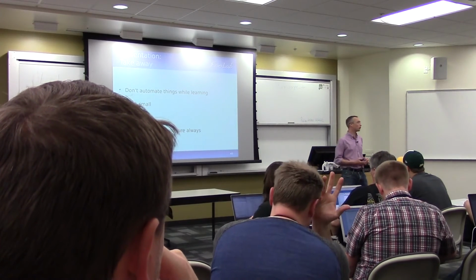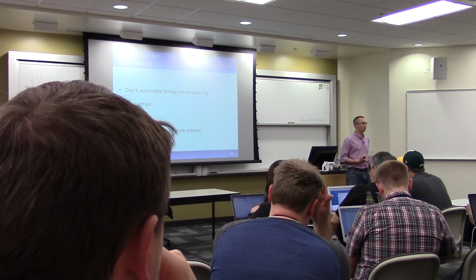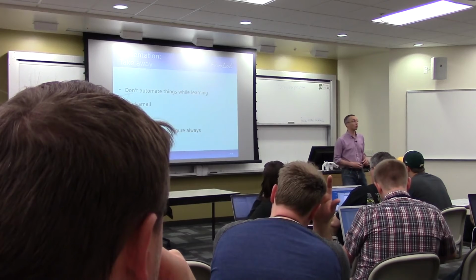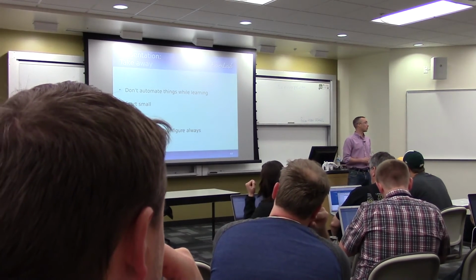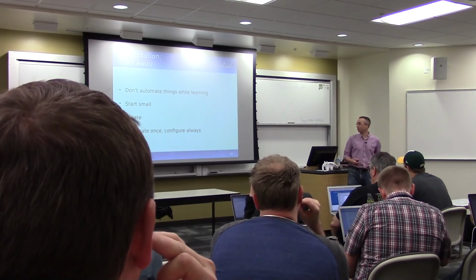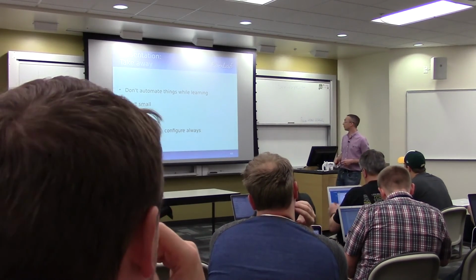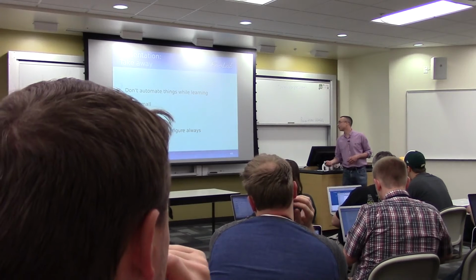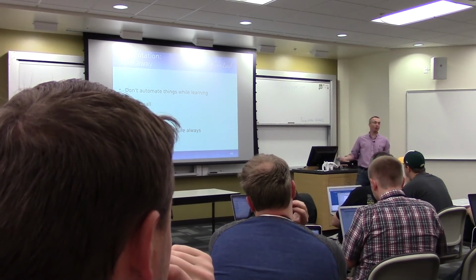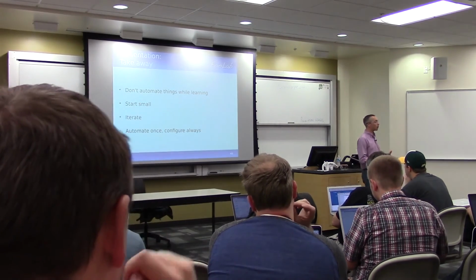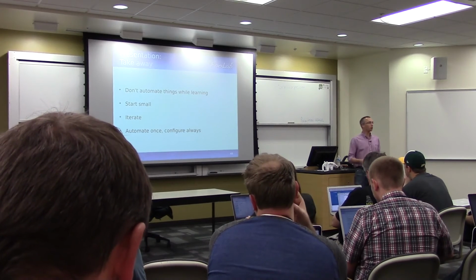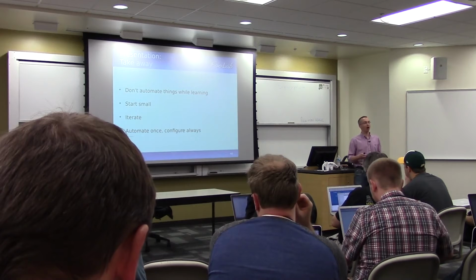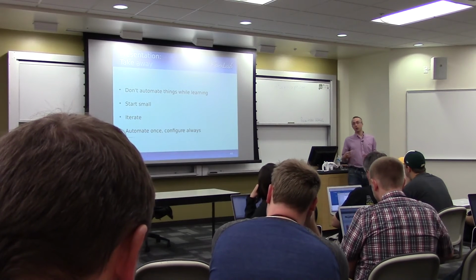Or if not on production servers, on developers' machines, because all the developers are now going to be running your Puppet manifest. And if you've made a big mistake, everybody is going to be like, oh, well, it's not working, and now you're going to be trying to fix it, or they're going to fix it before you. Which is great in a way. Start small. Start by automating small tasks, small things that take a little bit of your time, but you know exactly how they work. And then iterate, build on top of it.